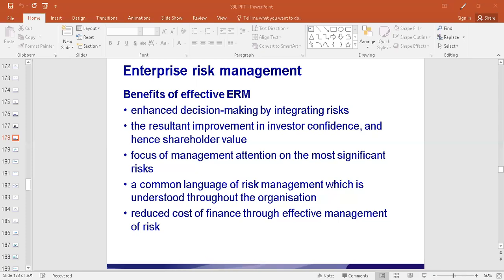So the decisions that are taken, enhanced decision making by integrating risk. The risk management process should not be looked at as a separate process, but it has to be embedded into the system. So they are aware of what would happen, what is the consequence and how to face that. So that preparedness would be there. Feeling surprised would not be there. Getting impacted by the risk would not be there, but better management would be there, enhanced decision making.